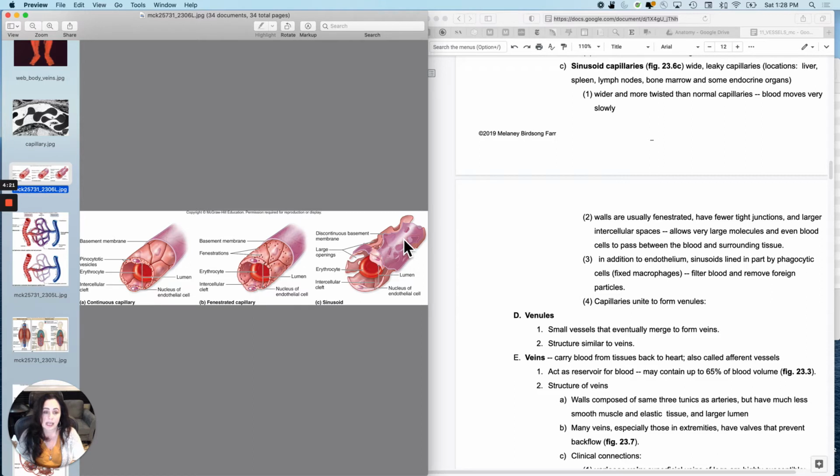These sinusoid capillaries often have big macrophages, like white blood cells, outside the sinusoid capillary. So you find these in the liver and the spleen, and as something funky goes through the sinusoid capillaries in the liver, you can see a big macrophage looking down, and it's like, oh, you're a pathogen, and scooping it up out of there. So you find these in the liver and the spleen, also in the bone marrow, and in some of your lymph nodes. Okay? All right,